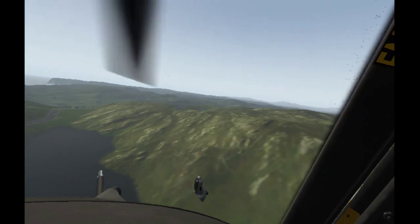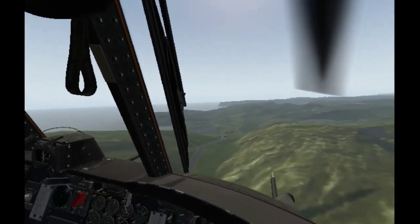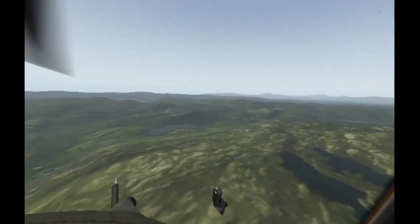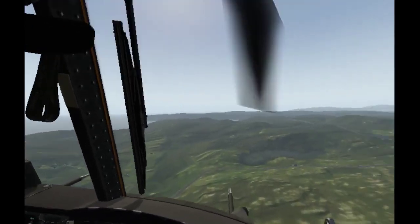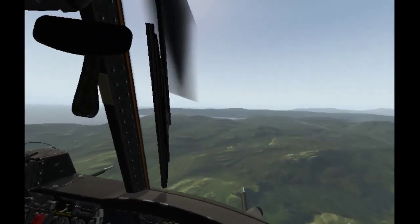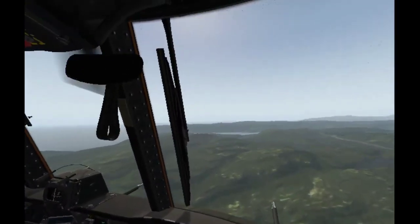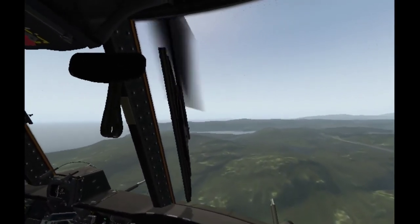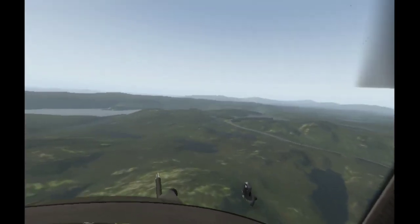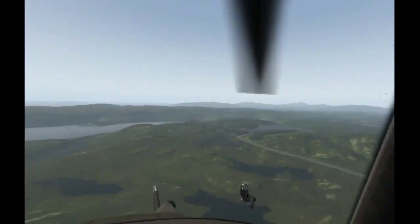Not far now. I think it's this next one. There's another estuary coming in. Don't think it's this one, I think it's the next one. And there's the Shants, of course, out to the south. If I'm routing to the Isle of Skye or back to Stornoway from Skye, I use the Shants as a waypoint,